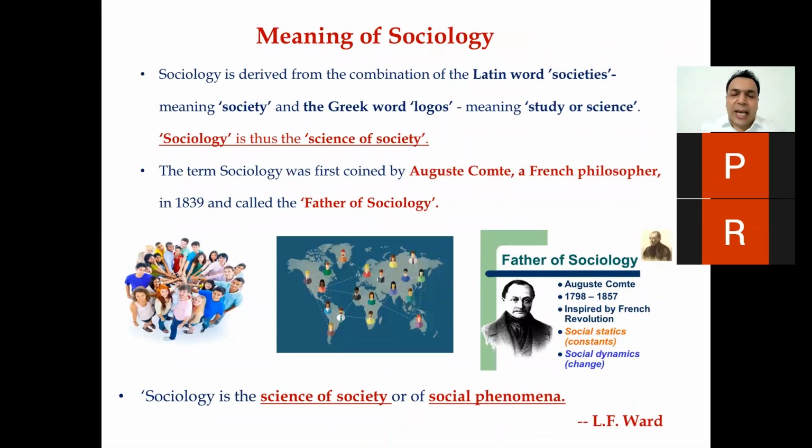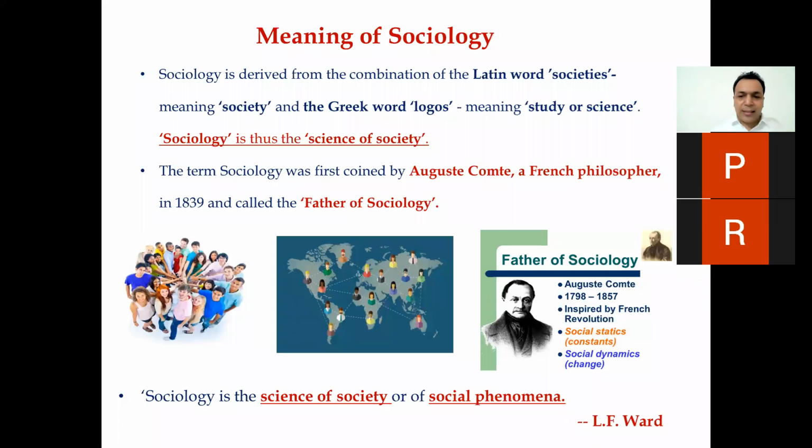Sociology, basically, is derived from two words. One is from the Latin word and another is from the Greek word. The Latin word societas, meaning society, and the Greek word logos, meaning study. Hence, the meaning of sociology is the science of study, right? Sociology is derived from two words. This word sociology was first used by Auguste Comte, a French philosopher regarded as the father of sociology, right,